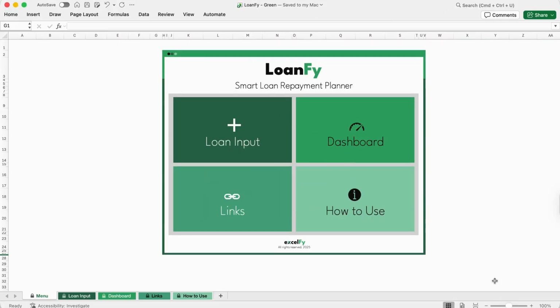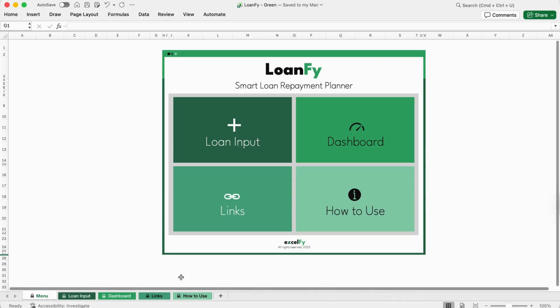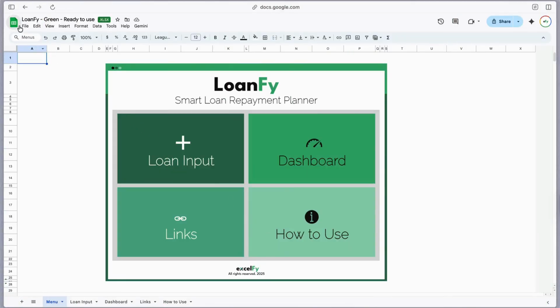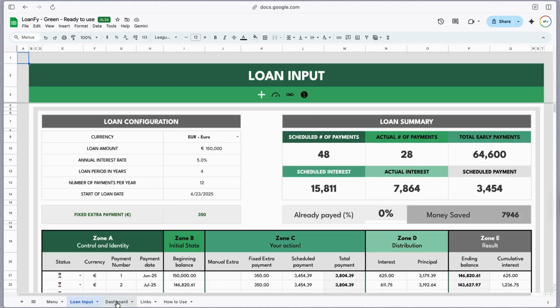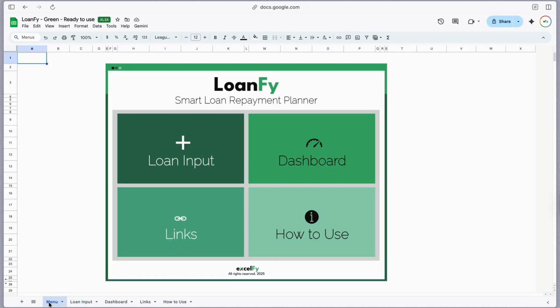Before we begin, we recommend adjusting the zoom level on each sheet so it fits your screen resolution comfortably. Once you set the zoom and save the file, it will remain like that the next time you open it. This tutorial is recorded using the Microsoft Excel version of LoanFy. If you're using the Google Sheets version, it works exactly the same way. The only difference is that Google Sheets does not include the clickable navigation buttons, but all calculations, logic, and features